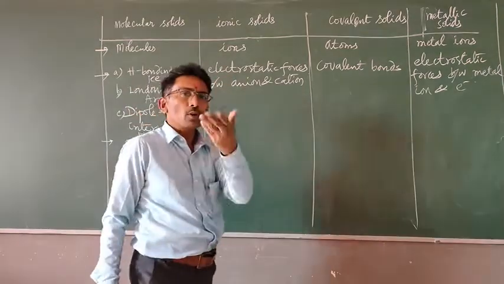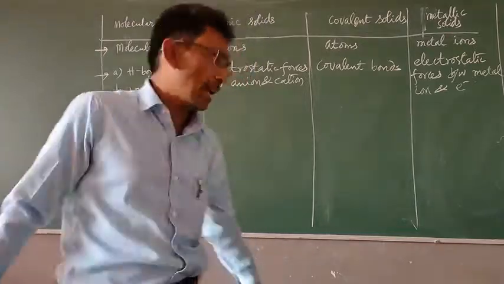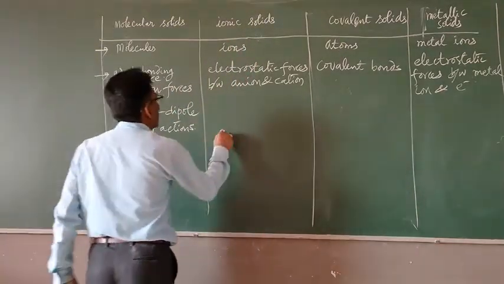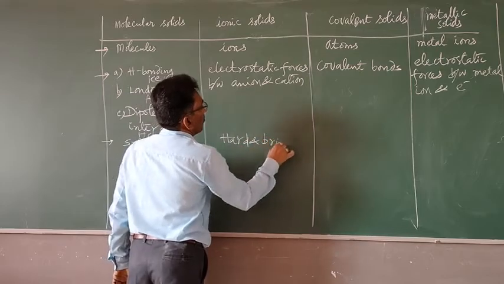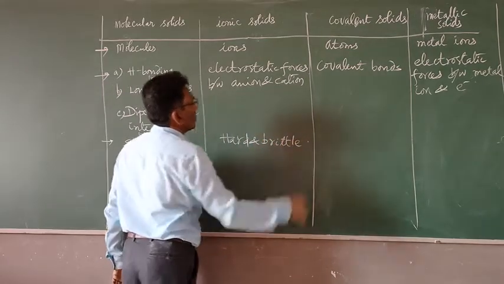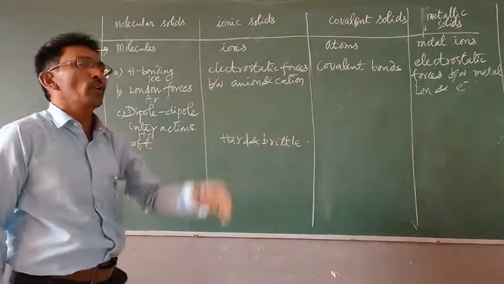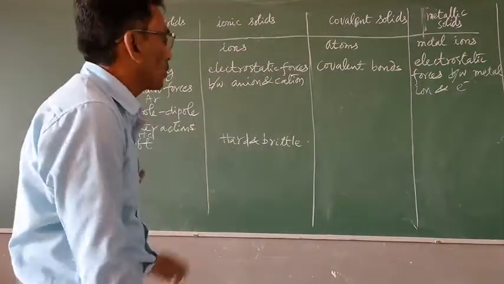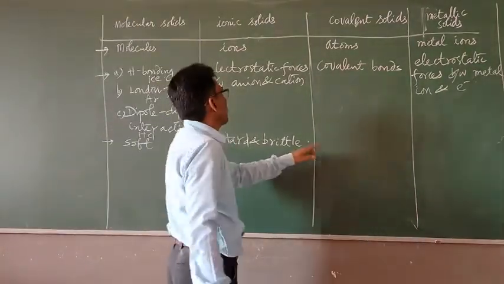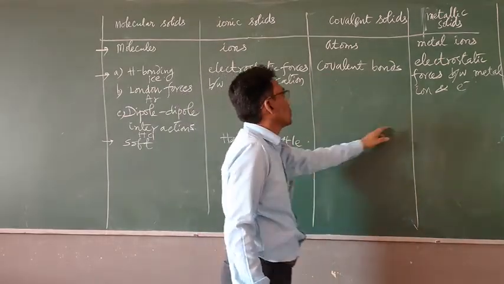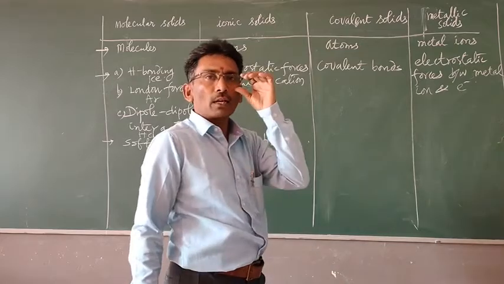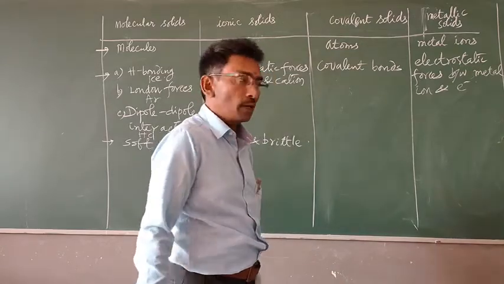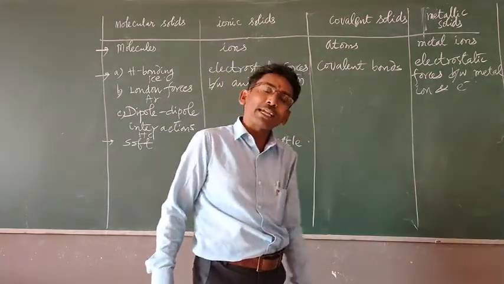What about rock salt, NaCl? Very hard and brittle. Why? Because there is no chance of being beaten into sheets and molded into wires. So that's why it is brittle. And here, how is this one? Carborundum, silicon carbide, diamond, the hardest material. These are all hard, but graphite, that is soft.